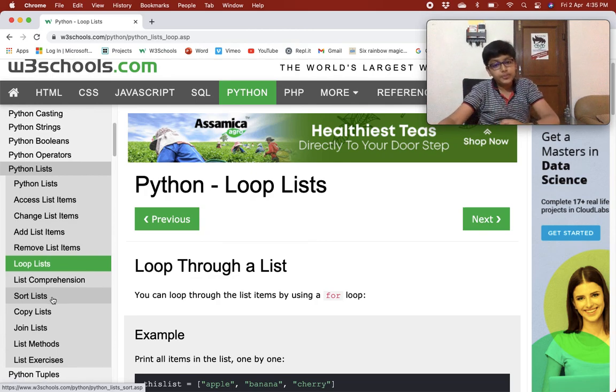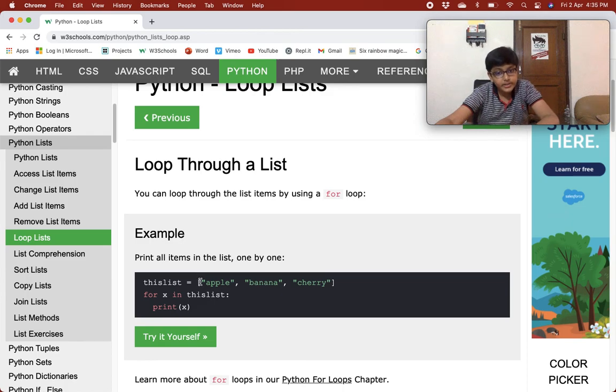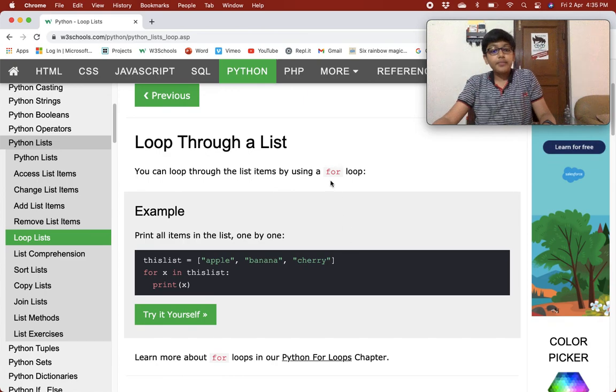So, Python loop lists. You can loop through the list items by using a for loop. This example will print all the items in the list one by one.